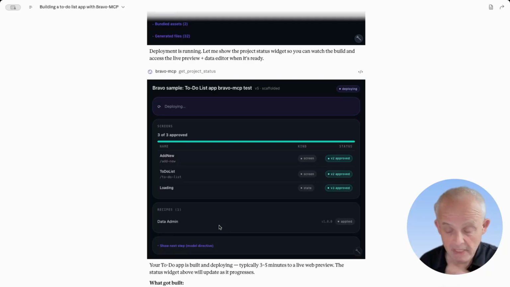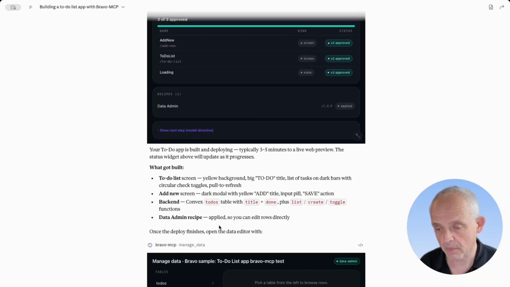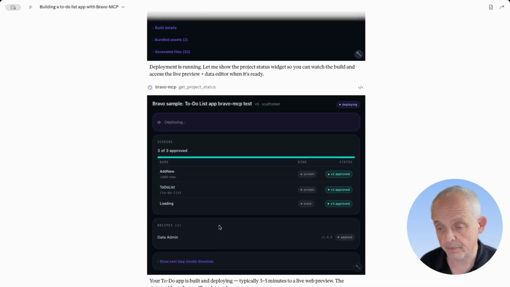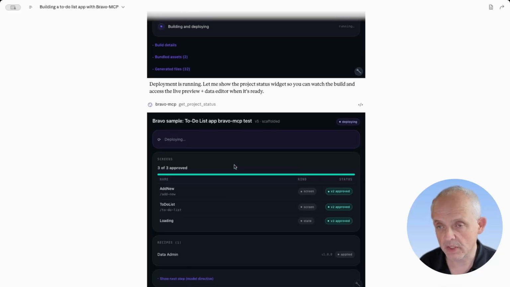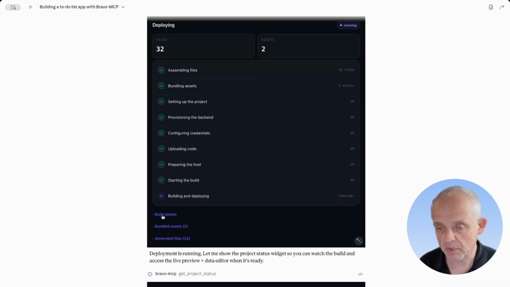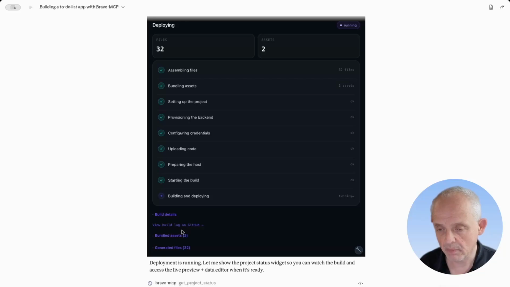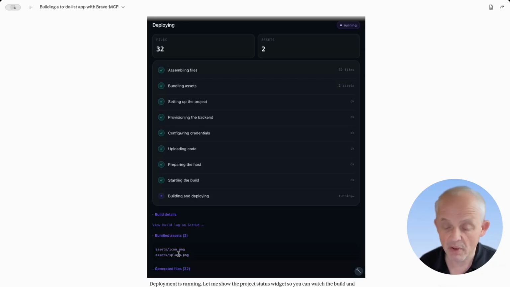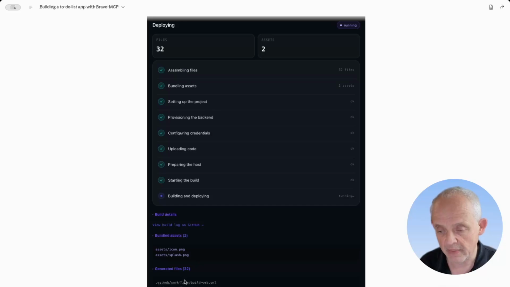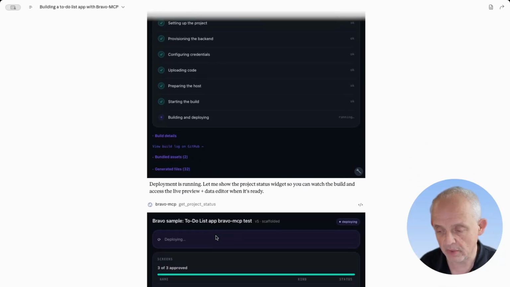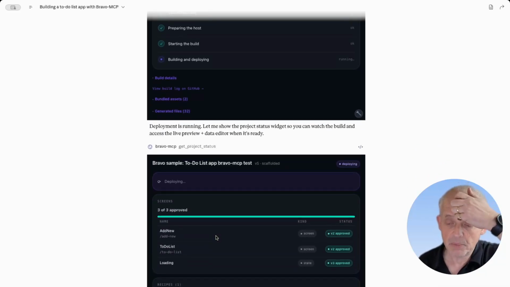Right now, it's built all the code and put it into GitHub. It's now building in GitHub, and you'll see the state update. You can see the details here. These are the assets it's pulled out. The Bravo design not only had the design, it also had an icon and a splash screen, which had been incorporated into the design files. And these are the files it's generated. So it has all the information. And then in a couple of minutes,